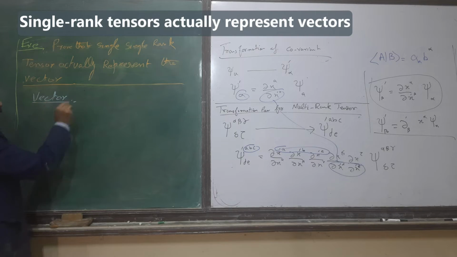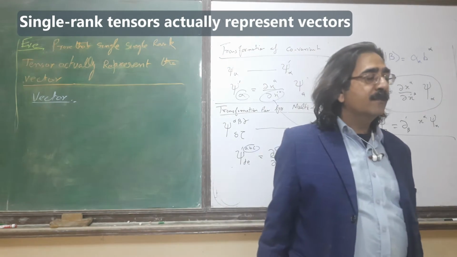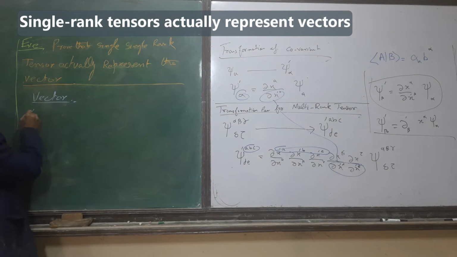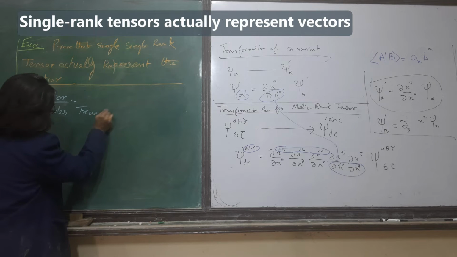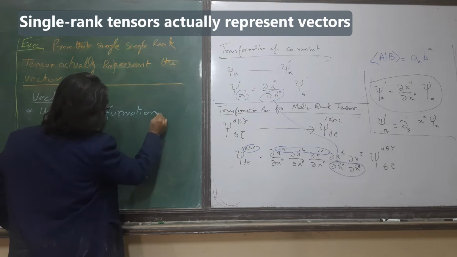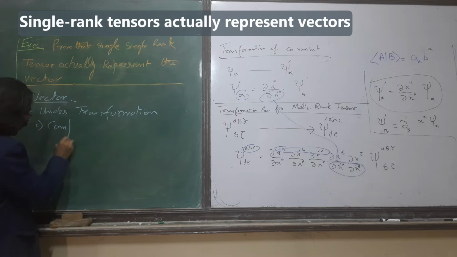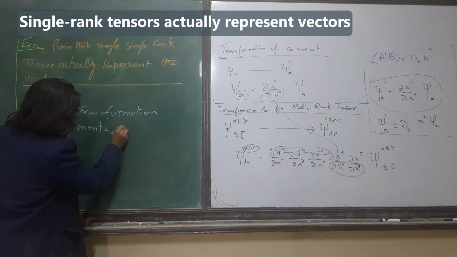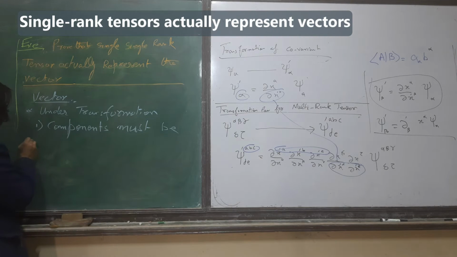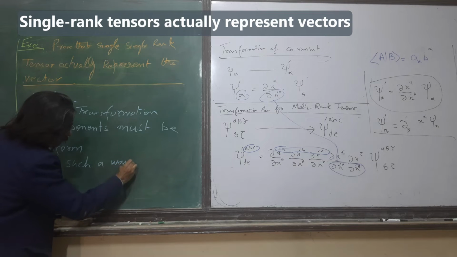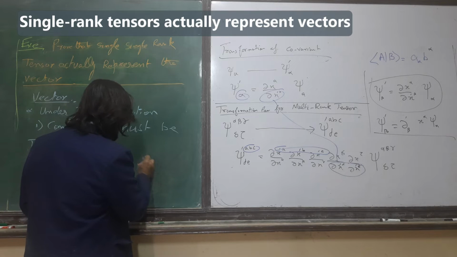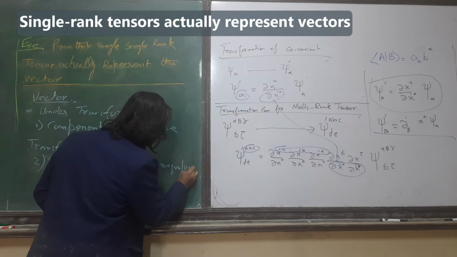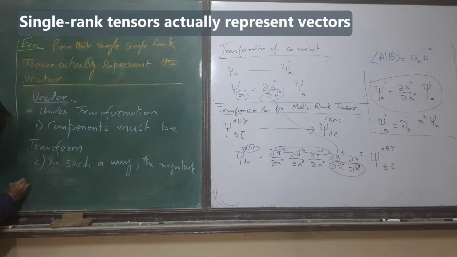What is the vector? Under transformation, number one, the component must be transformed. Number two, in such a way that the magnitude or